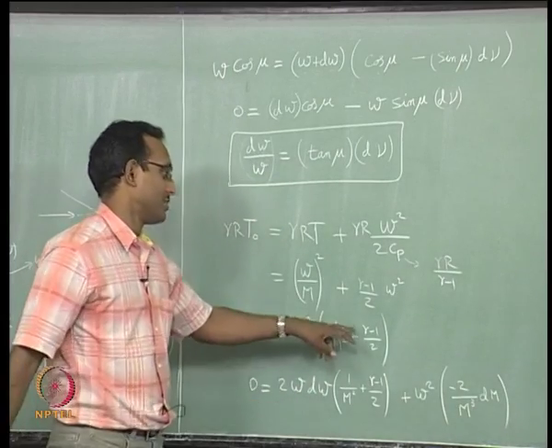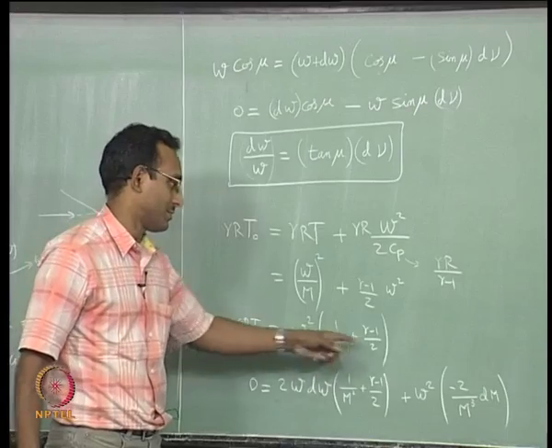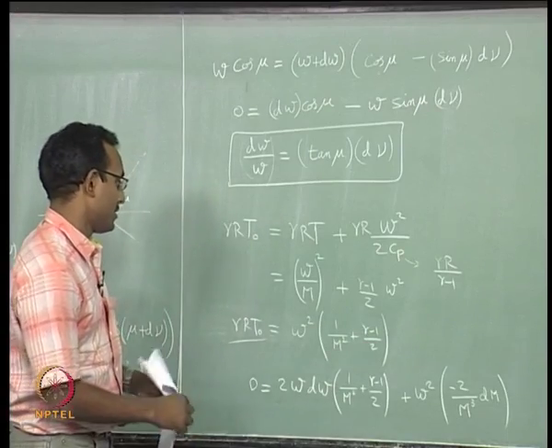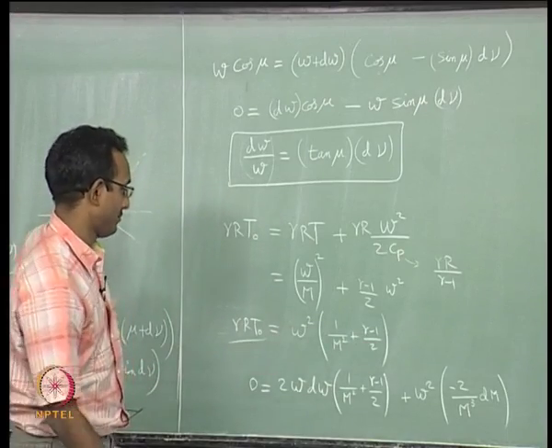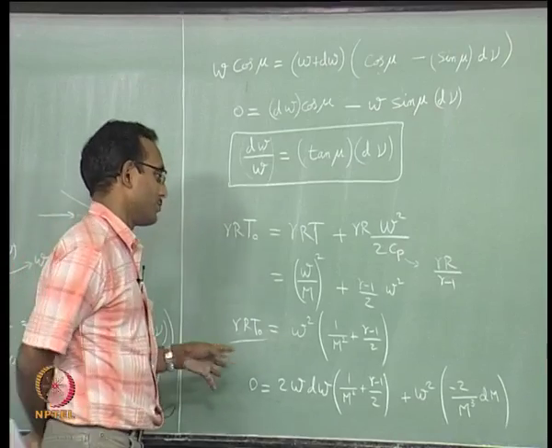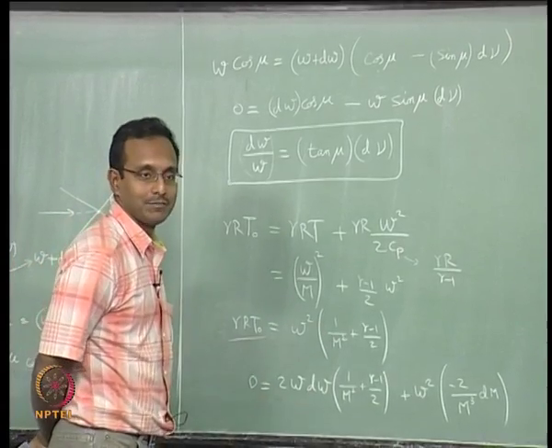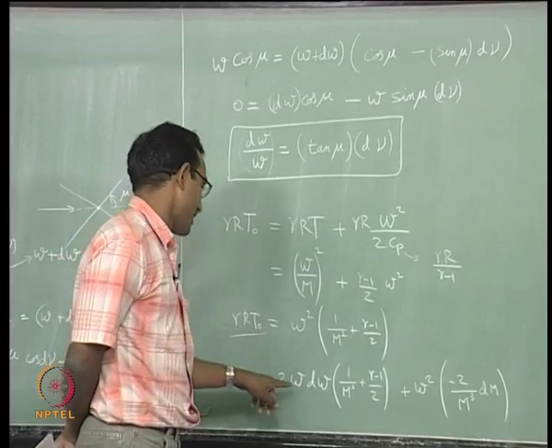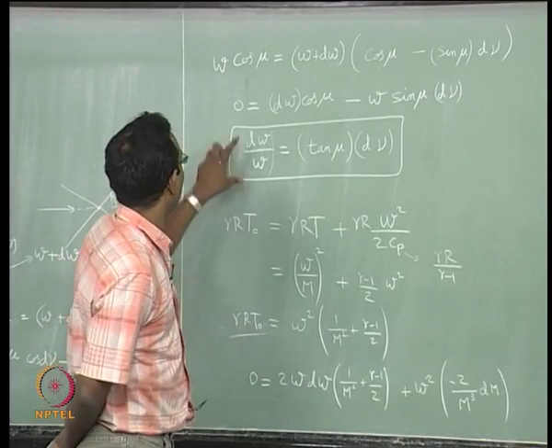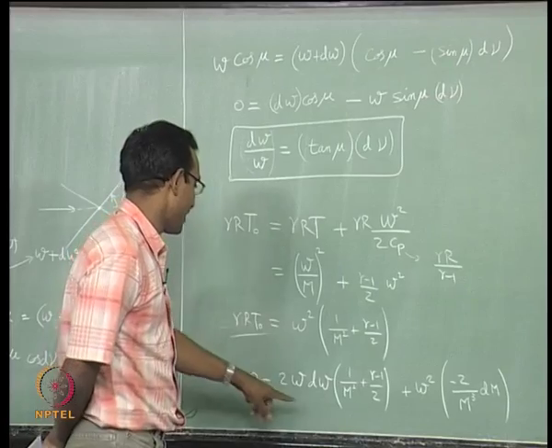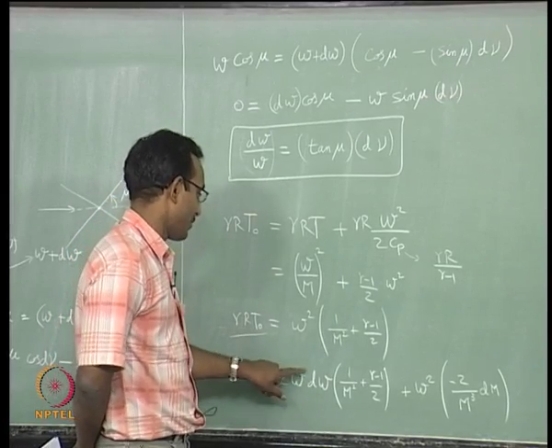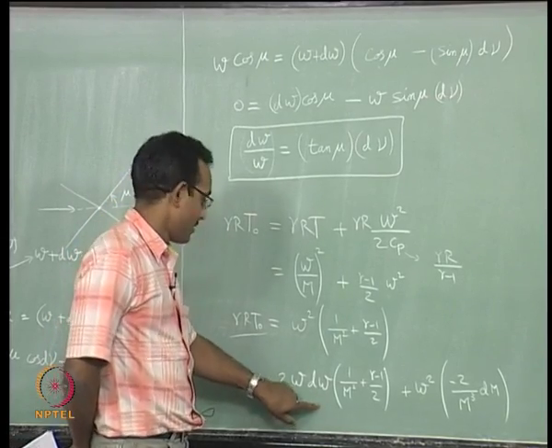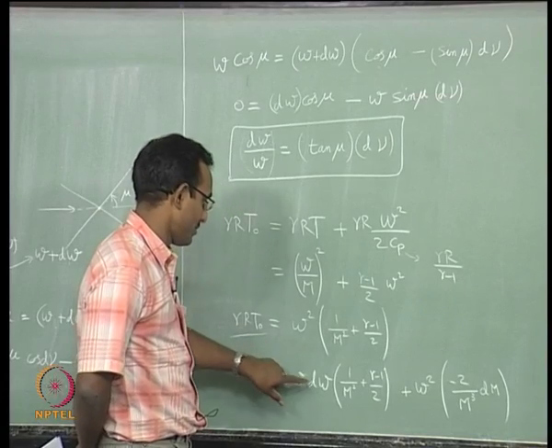Yeah, and gamma does not come in at all, gamma is a constant anyway, so that does not come after differentiation. So, this is your expression you have now. Now, I want to rearrange this a little bit. I am seeing that I want dw by w, that is the goal. How will I get dw by w here? I will multiply and divide by w here, that will give a w square dw by w,